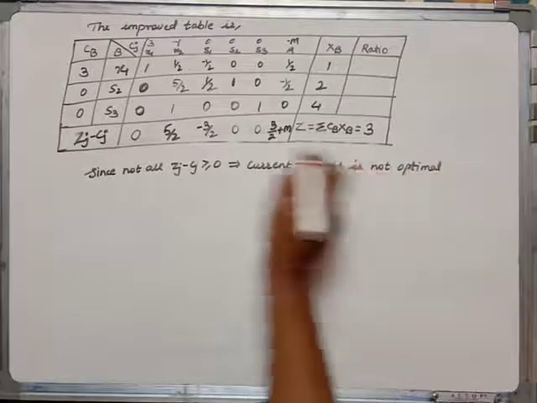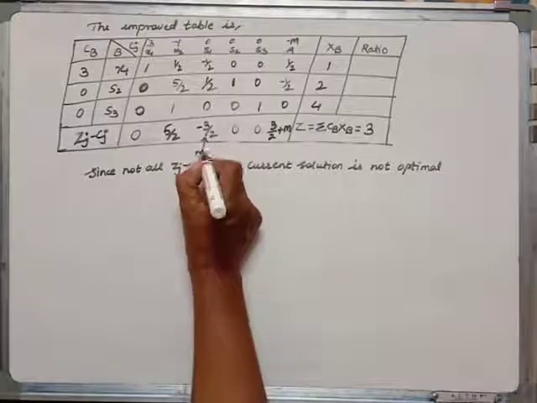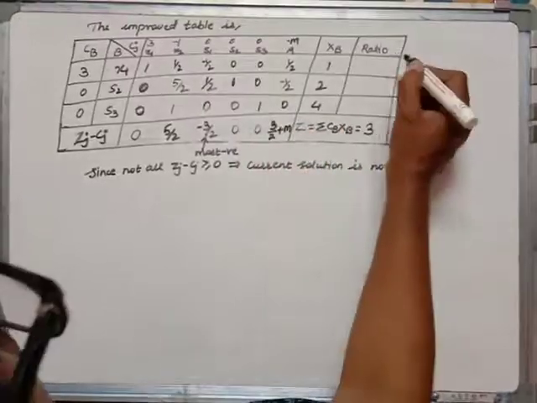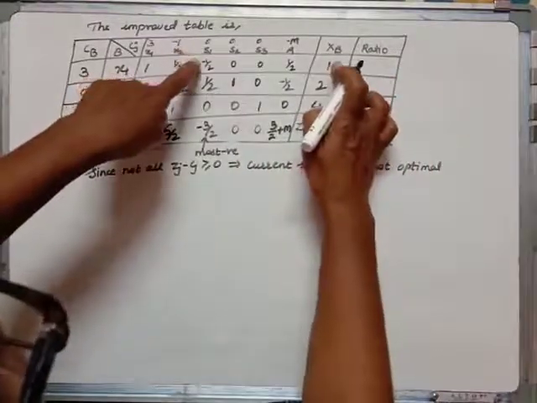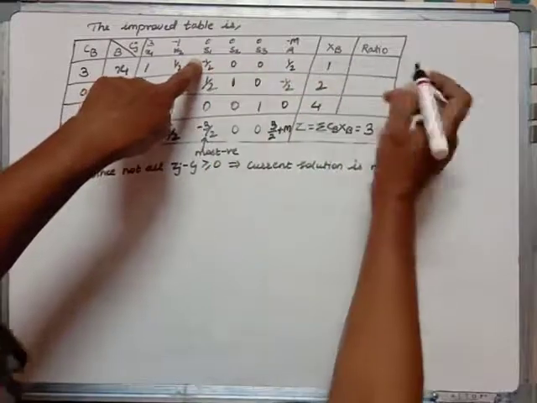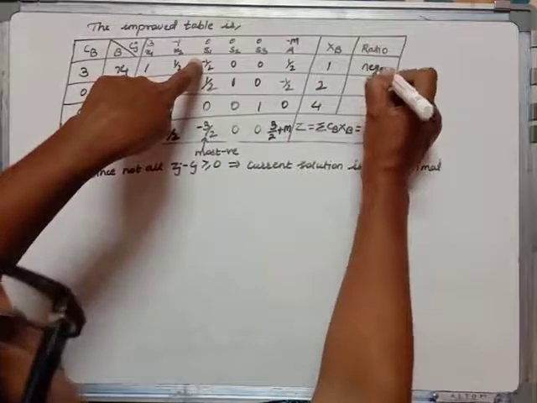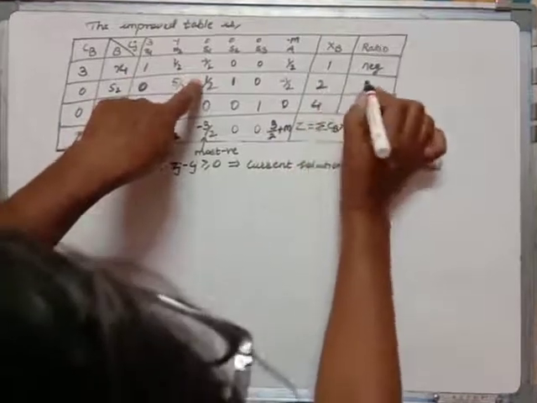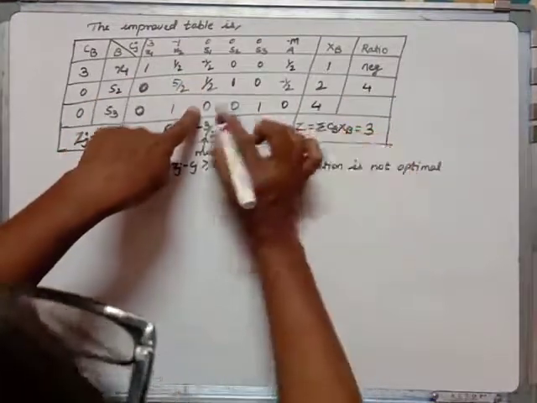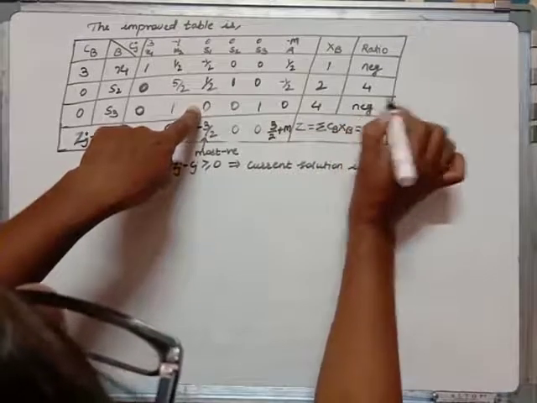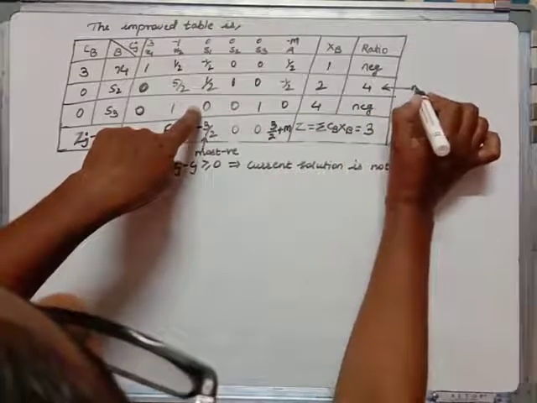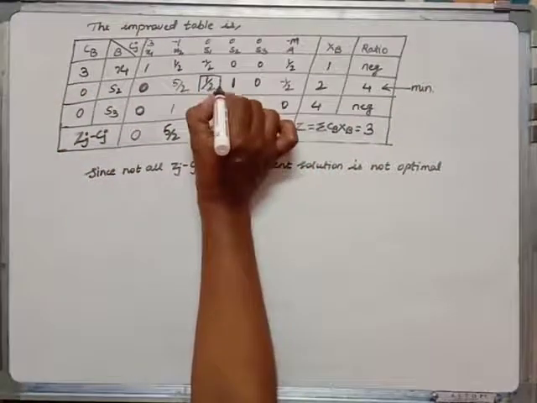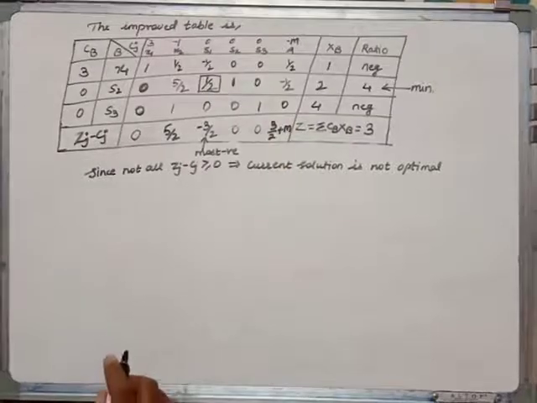Now there is only one negative value, so this is the pivot column. This is the most negative, it is the pivot column. Now for the pivot row: 1 divided by minus half, so no need to determine this, we will neglect negative ratios. 2 divided by half will be 4. Now 4 divided by 0, so this one is also neglected. So this one we will take. This is the minimum only, the others are neglected. So this is our pivot element here.